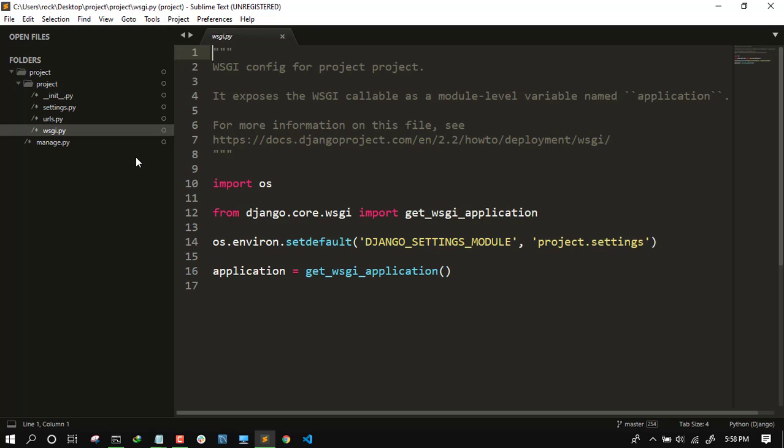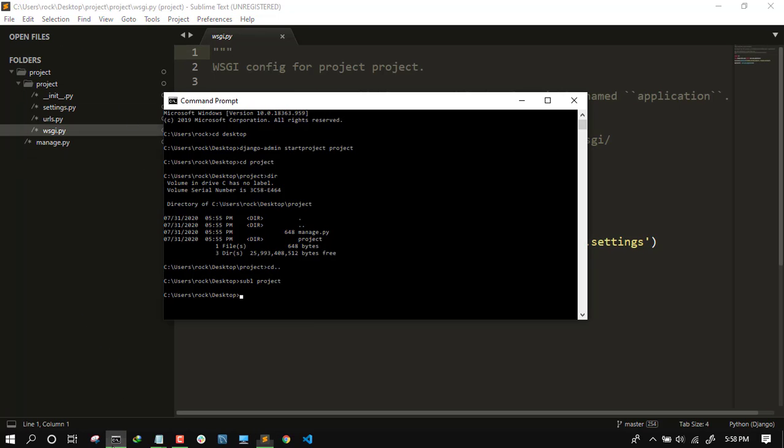So this is actually the project level. I like to create one application. So again go inside the project. Inside the project there is the same command with only a little difference: django-admin startapp. Instead of startproject, give startapp, and give the name of the app.